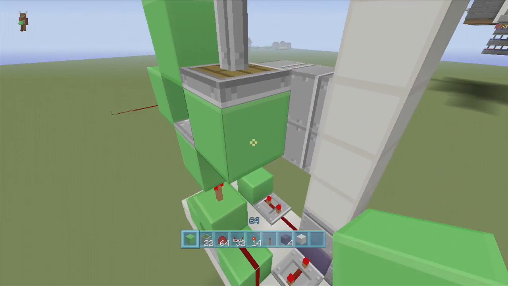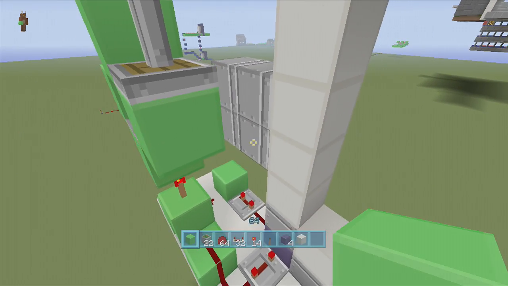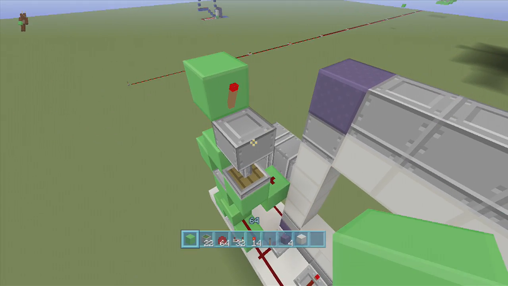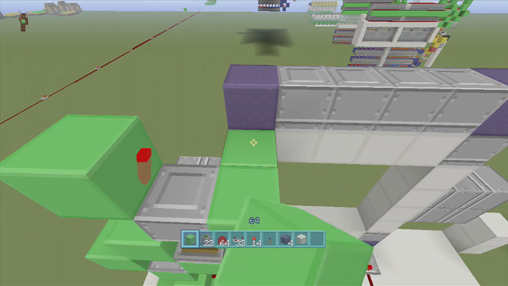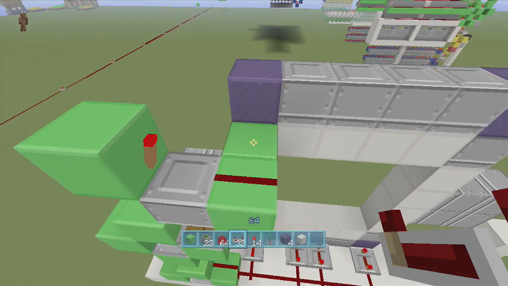This is pretty much, like I said, what makes the whole thing work. And then off this bottom sticky piston right here, just put a block with dust right here. Next, come back up here, and where this off torch is, come a block out one more from the sticky pistons that is extended out. Put a block going back towards this obsidian block. Put dust here, it should go into that off torch,